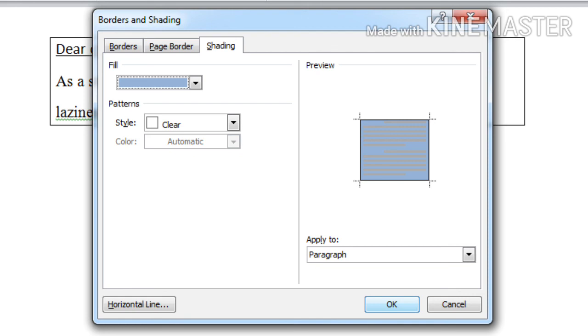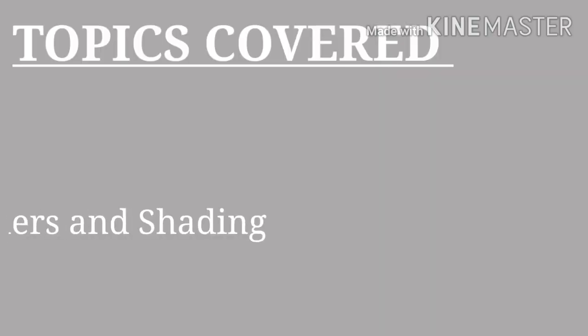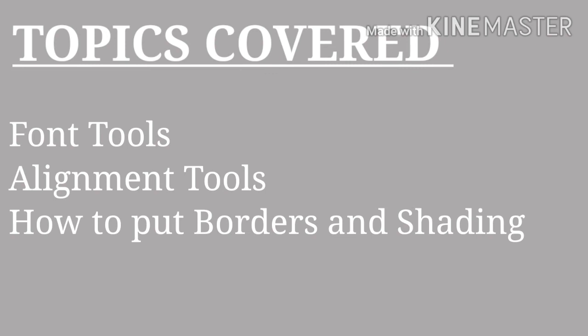And after selecting the desired shading option, click on OK button, and all these effects will appear on your text. Okay. Yes children, in this chapter we have learned about different font tools, then different alignment tools, also how to put borders and shading to the text.